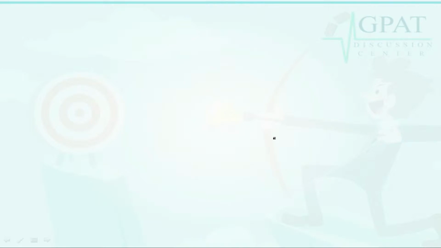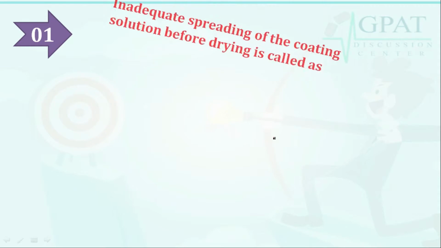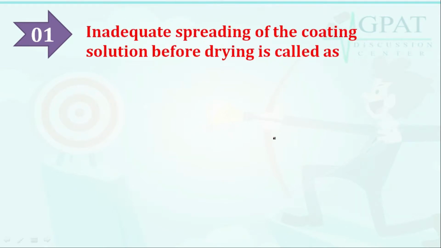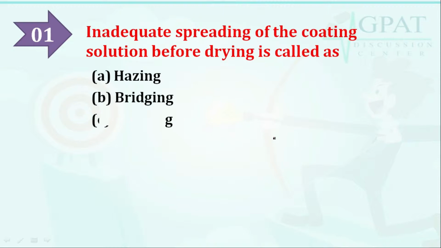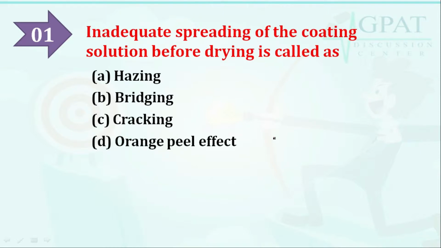So today in this video we are going to cover some questions with their brief explanation. Here we have the first question: inadequate spreading of the coating solution before drying is called as. Options are option A hazing, option B bridging, option C cracking, option D orange peel effect. Inadequate spreading of the coating solution before drying is called as, and the correct answer is